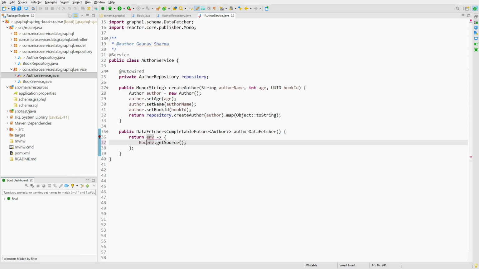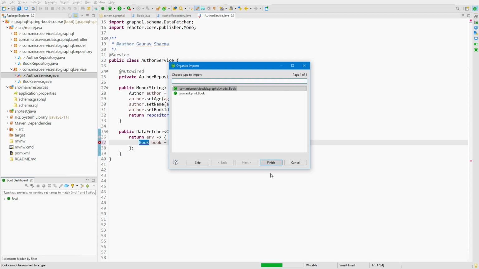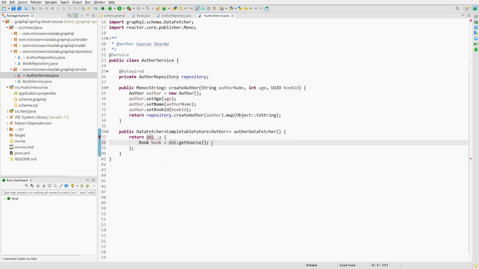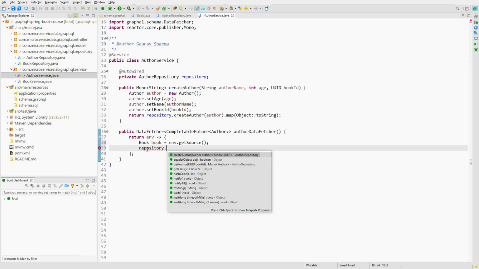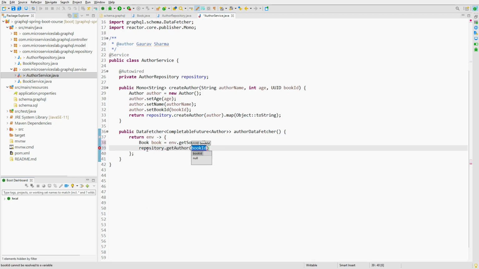So let us assign this to a Book. Let us import the Book. So as you can see, we now have a reference to the containing book object, and now we can get the book ID from it and pass it to the method present in the author repository. So let us do that. repository.getAuthor, and we will pass the book ID.